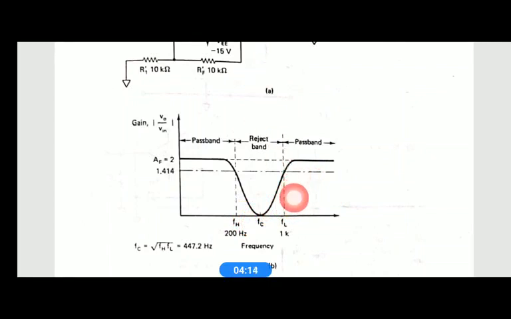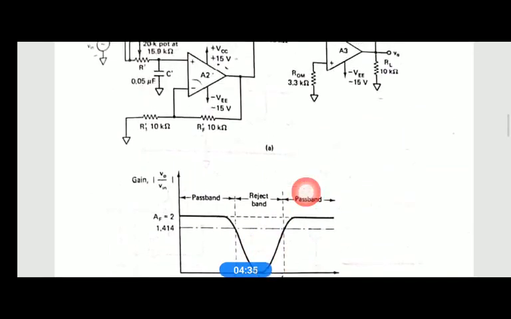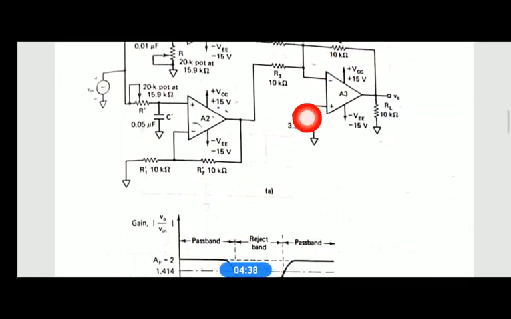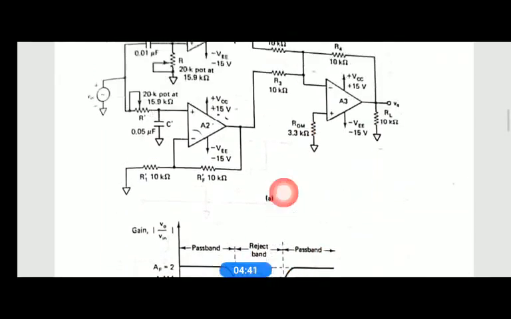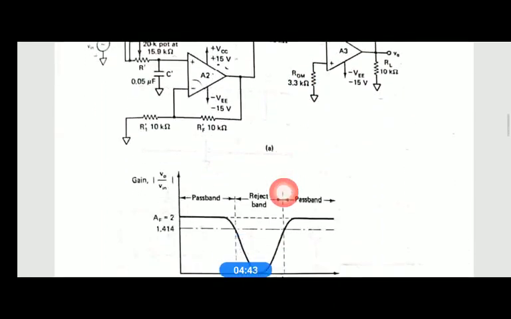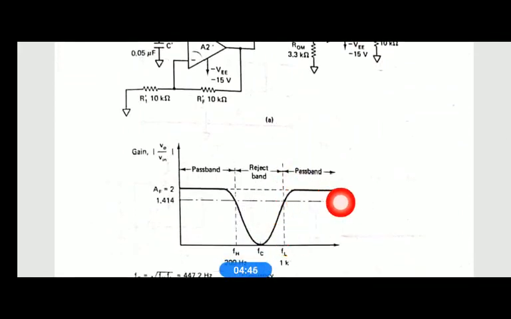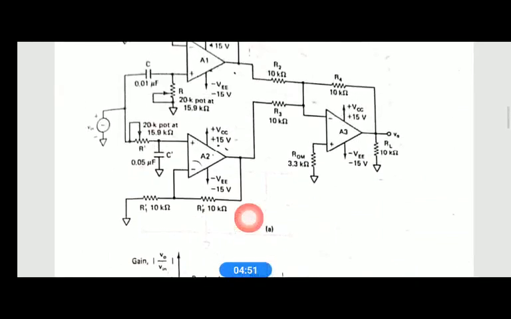So both the high pass filter and low pass filter form the stop band, right? See, the high pass filter forms the reject band below FL, whereas the low pass filter forms the reject band above FL, that is the stop band, right? So therefore there is a stop band between FL and FH, which we are giving to the summing amplifier to sum these two responses. So here the high pass filter gives this response, the above response, and the low pass filter will give this response. These two responses are added by the summing amplifier.